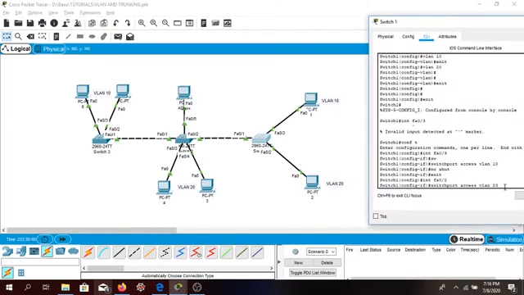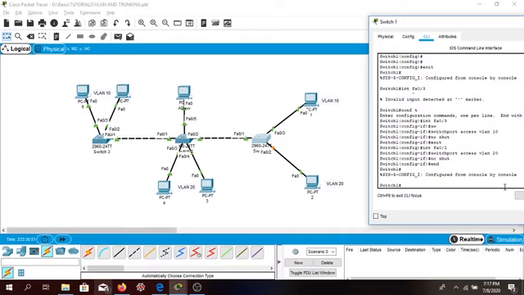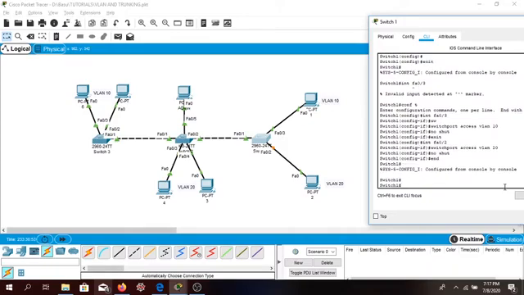It's going to be a very easy process as long as I understand some basic steps. Maybe I can use the no shut command in here as well. There you go. It looks like we have successfully created and assigned two VLANs, VLAN 10 and VLAN 20,